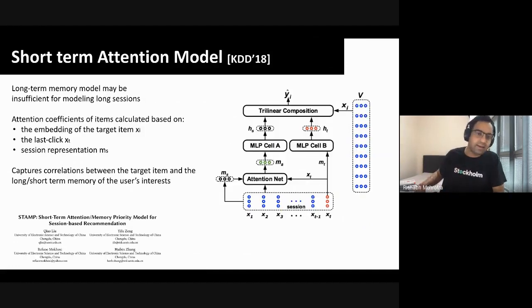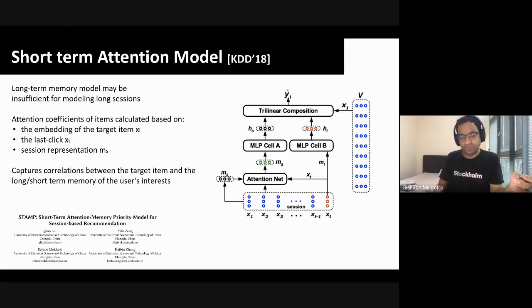So interestingly, with the progress in neural models, we can do this sort of long-term, short-term combination in a more principled way. There was this nice paper at KDD a couple of years ago which says that if you're doing session recommendation, then I can apply an attention layer on the session. So maybe you're looking at a sequence of user interactions in the last 1 week. And if you have an attention layer, then the attention layer decides which of these historic interactions is more important